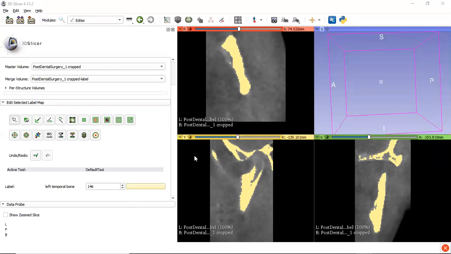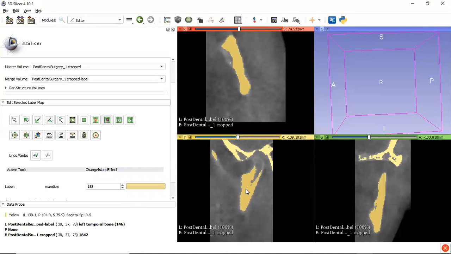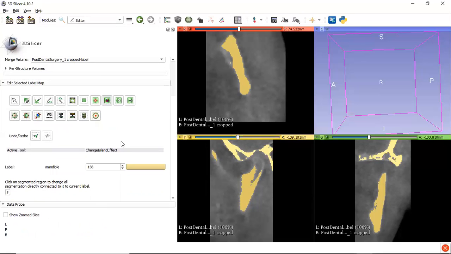And after this, I'll be selecting the mandible. So I've already selected the label for the whole bones. Now what I'll do is use an effect called change label effect, which is given over here. Let me click on that. And I'll select the part which is actually the mandible, which I want to label as mandible. If I just click on this, it will be changed to mandible, as you can see over here in the 3 different views. So the labeling part is done for both the bones, or both the parts of the structure which I want to build.